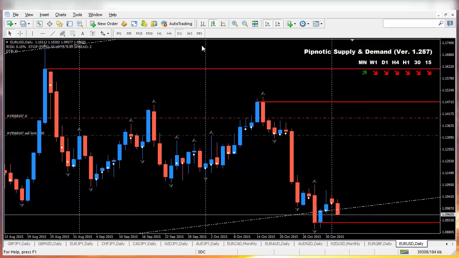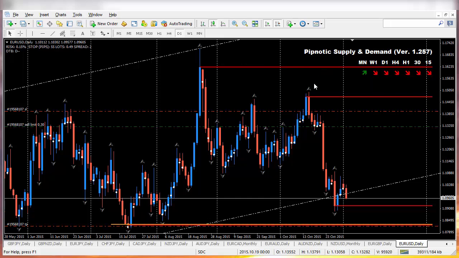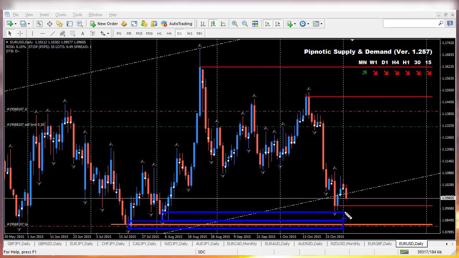So if we go to the daily, we get a little bit closer. You can see how things are. This is a little bit nicer and more clear on the daily. Here we have this area of demand, and another area of demand just here, which has been tested here. Price moved higher and then sat on this area of supply and rejected, and is now moving back into this one here. So we could probably get some kind of reaction around this area here or this area here before